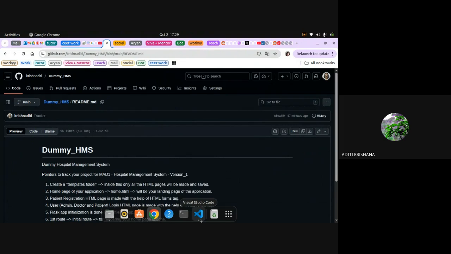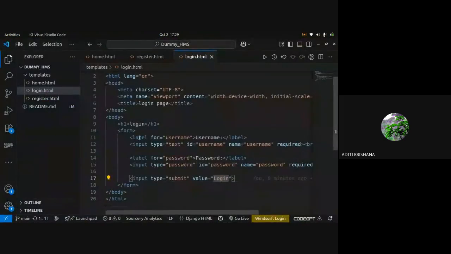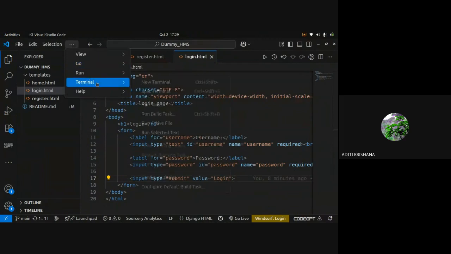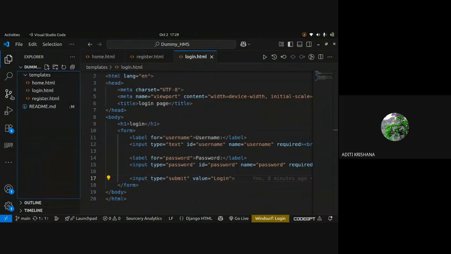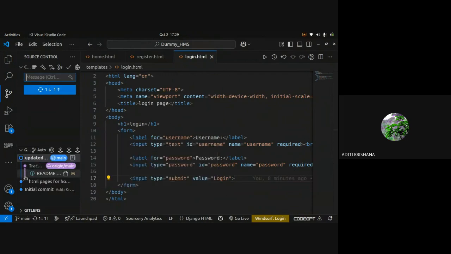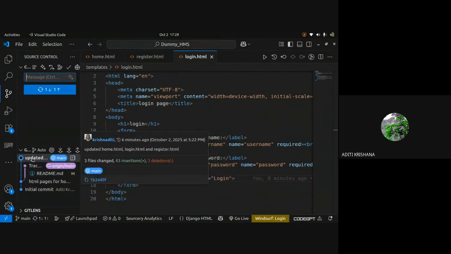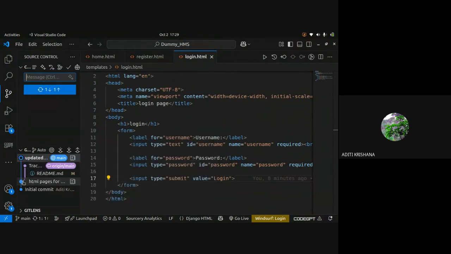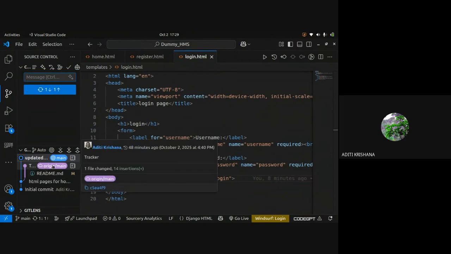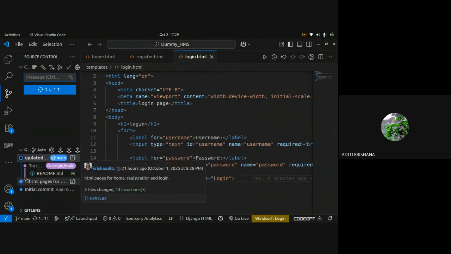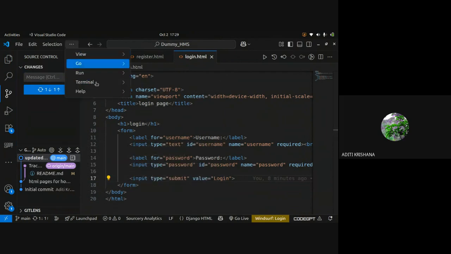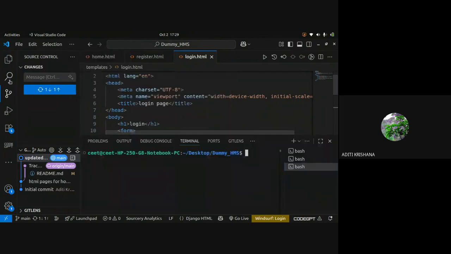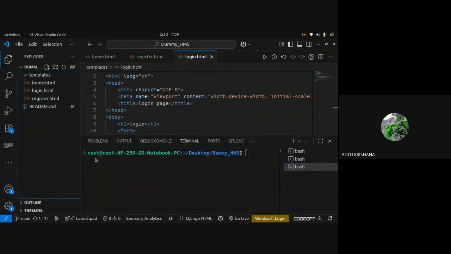Fine. So let's stop here, and I will not push right now. It is already committed, and since it is committed, it is showing like this. I have given this commit message, but there is some clash that already something has been done, but it is not shown here. So this is the problem that I will figure out later.